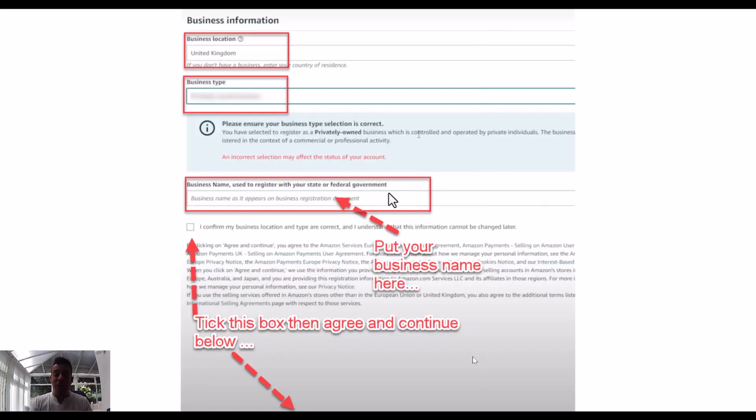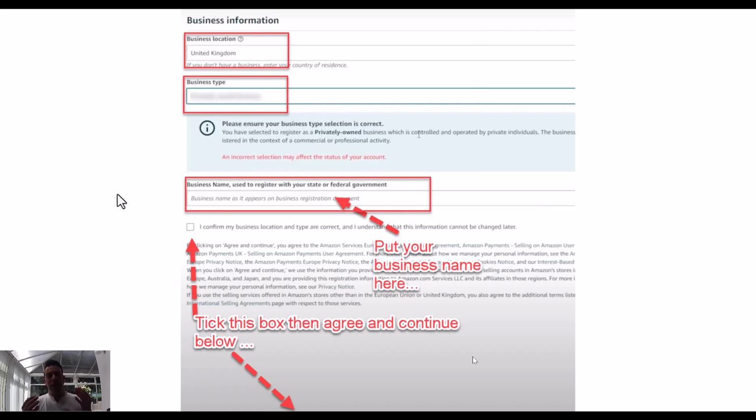Once you have done that, it's going to take you to this page where you're going to be putting the business information and business location. If you selected privately owned business, you're going to have to upload the documentation that is necessary to match the details that you are putting in here. If you are an individual, please put the details of where your credit card billing comes from, because that will be the same address that will appear when you go through the verification, and you will avoid any kind of